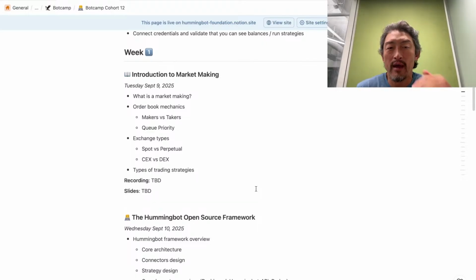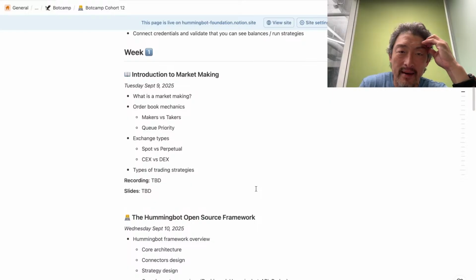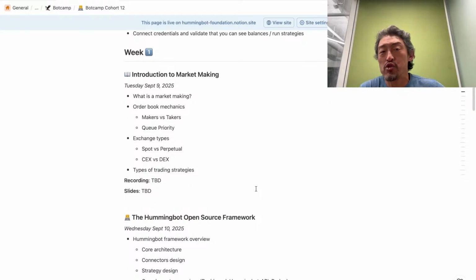So on the first day, we cover a lot of the basics that we cover in the intro course, but in a more live, real-time way. For example, defining what market making is, covering how order book exchanges work versus non-order book exchanges, spot versus perpetual, and various strategies. One of my goals in this first session is to really help people understand how market makers make money and how they can fit in the picture.